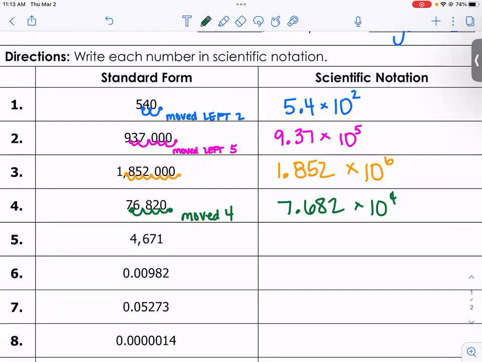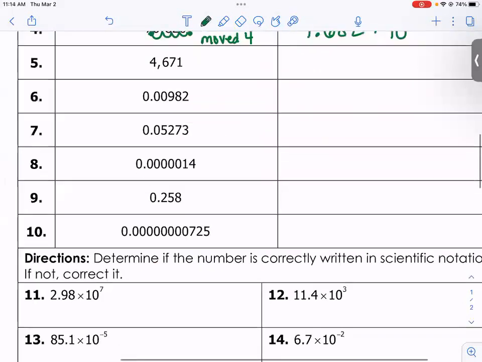Okay. Of these 4 numbers, which one's the smallest? The first one, because it's multiplied by the smallest power of 10. Okay. Ryan, you good with that? Okay. All right. Now, when we look at number 6,